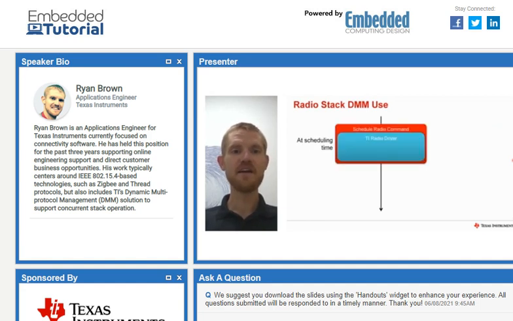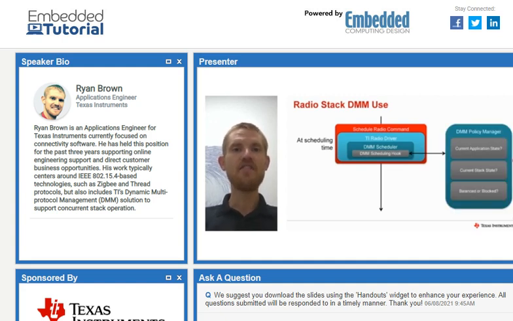On the DMM side, you have the DMM scheduler working with the TI radio driver to figure out which radio command should be scheduled and at what time, since there's only one radio that we are operating from. The DMM creates a scheduling hook that asks several different questions. It's going to be asking, what is the current application state? What is the current stack state? Because you have both application and stack states that need to be interoperating. And is the DMM acting in a balanced or blocked mode?